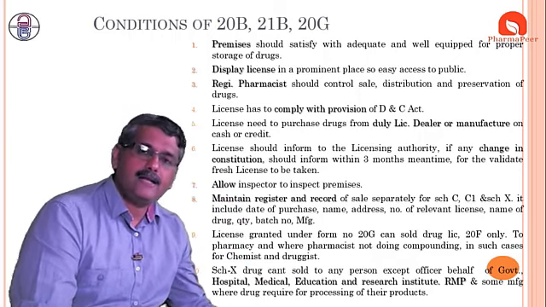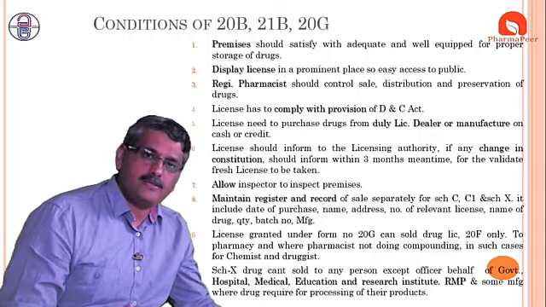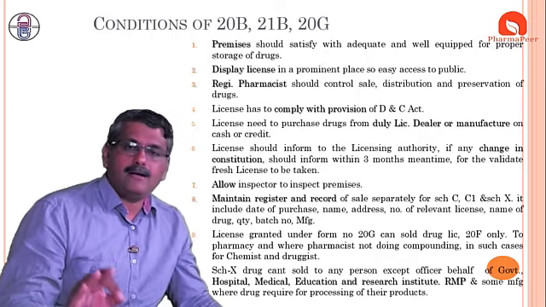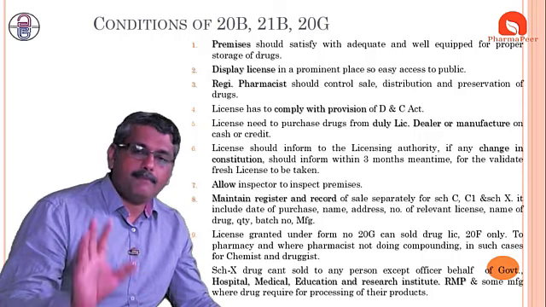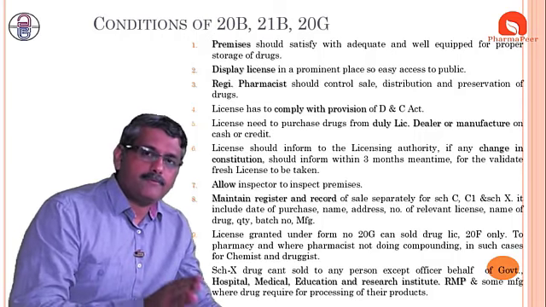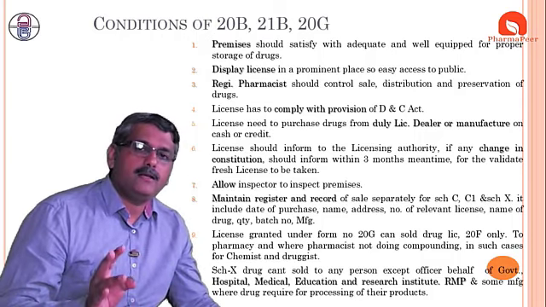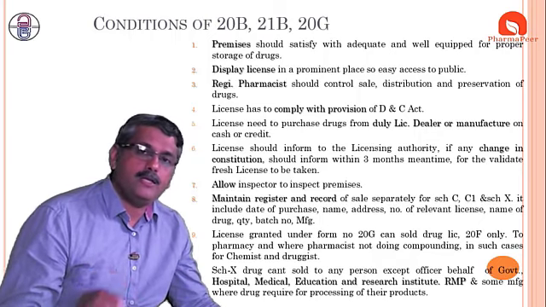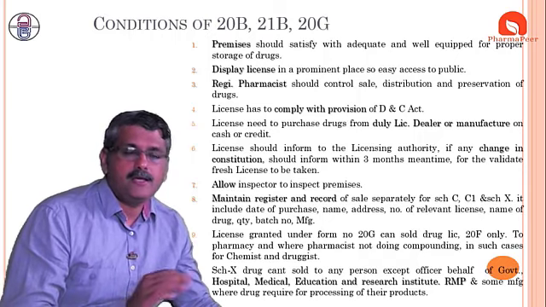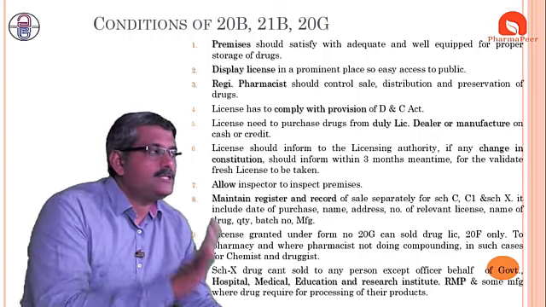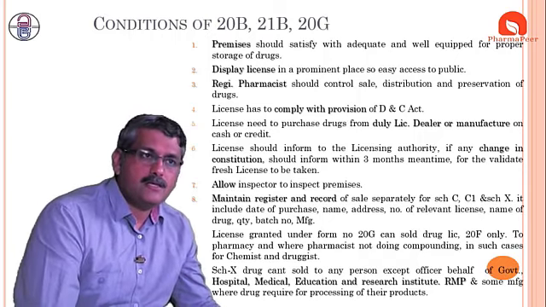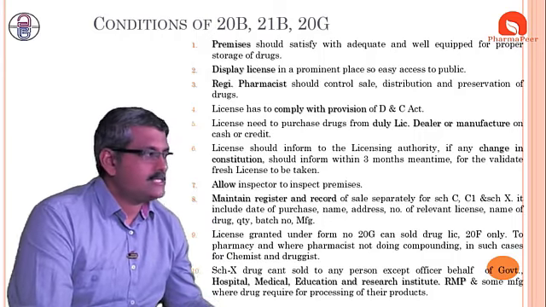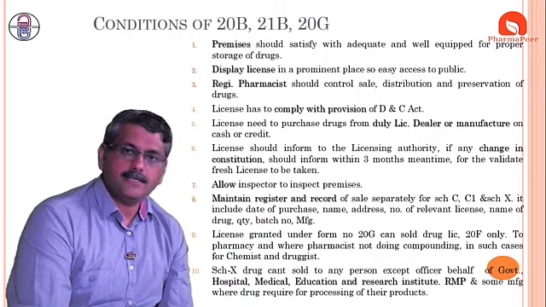Then the licensing conditions we have seen for the specific restricted license. What do we mean by a restricted license? And the next one is that there are a few common conditions which are applicable for all forms: 20, 21A, 21 or 20F or 20A, 20B, 21B or 20G. They are very common for all. We should try to remember these conditions, so it will be helpful for writing in an exam. So this is about the conditions of license.